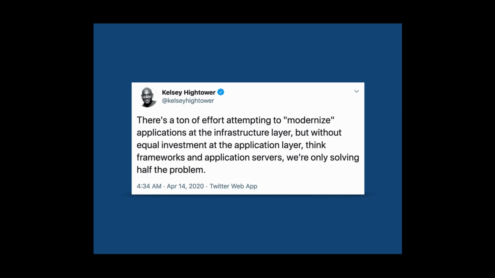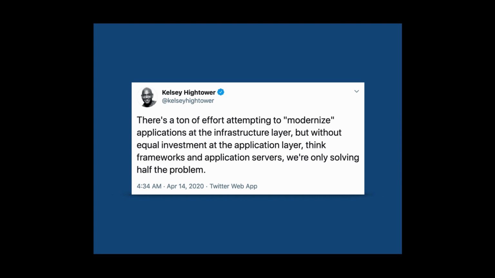Kelsey Hightower summarized the problem, or actually the need for something more, very well in this tweet, where he said, and I quote, "There's a ton of effort attempting to modernize applications in the infrastructure layer, think Kubernetes and these other things, but without equal investment in the application layer, think frameworks and application services, we're only solving half of the problem."